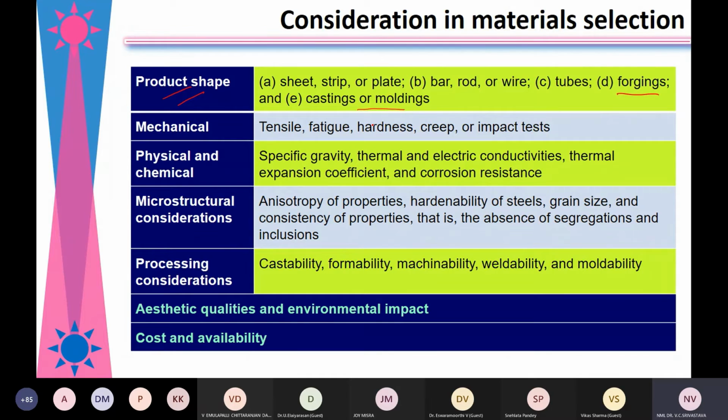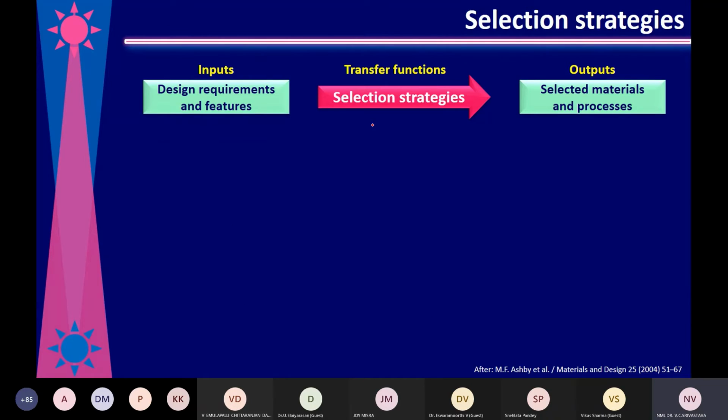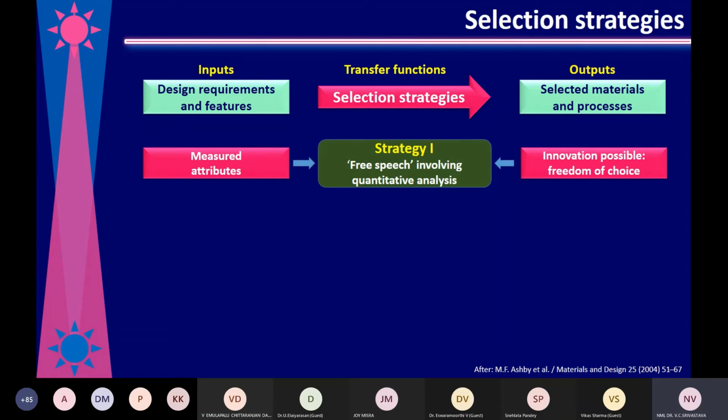So what are the selection strategies? First of all, you have inputs. When we design the product, we say what features my product should have, what the design requirements are, what properties we should have, and what functions it has to perform. Based on that, you select a material and process as an output. In that process, there must be a transfer function which says that you want to have these inputs, these are the requirements, and so you have to use these selected materials. So strategy one, where you know all the properties, we call measured attributes. So you know all the properties here, and